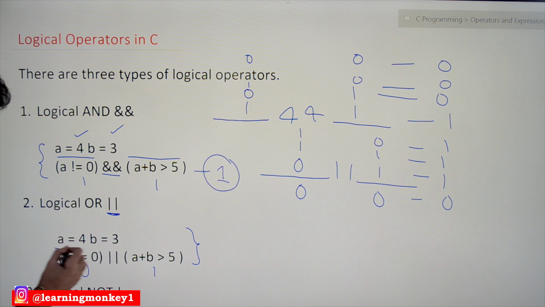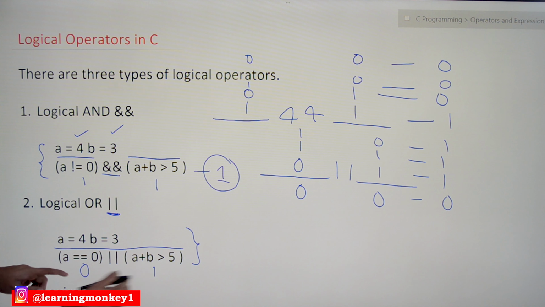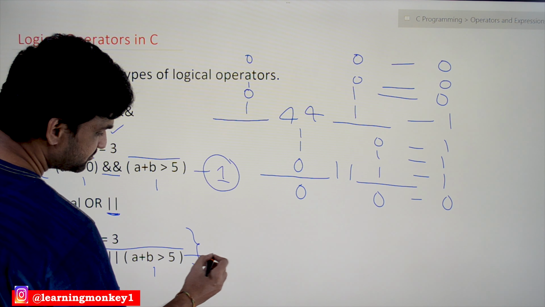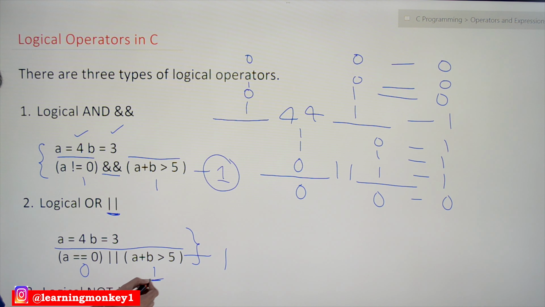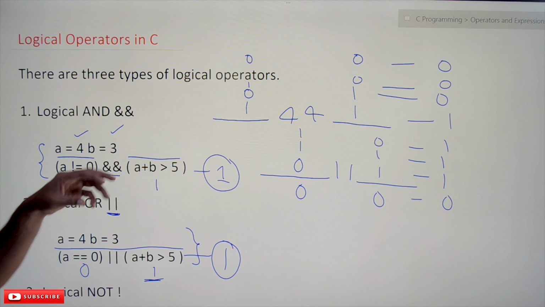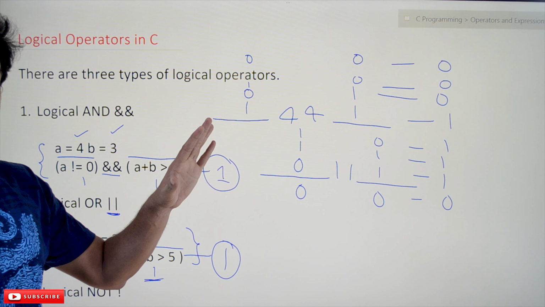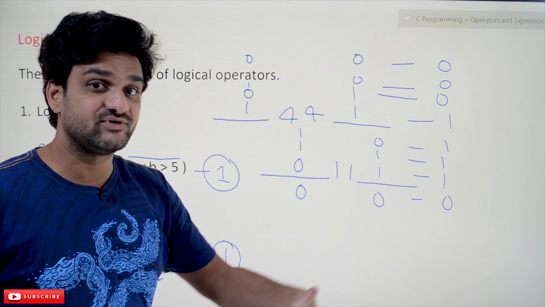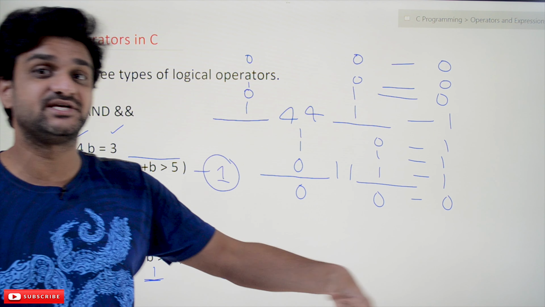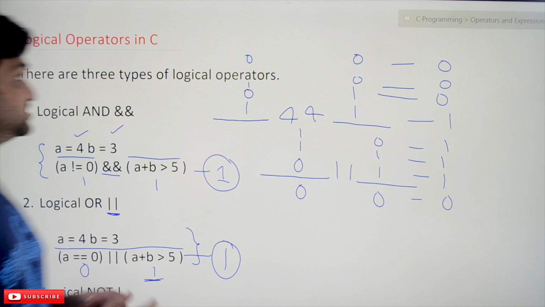So this entire expression, what is the output of this entire expression? If any one operand is 1, it is going to produce an output of 1. As we have one operand's value as 1, so the output is 1. So this is how the logical OR gets evaluated. So these concepts are very important to understand, because as and when we write complex expressions, we need to evaluate them ourselves and we have to write those expressions. Okay,